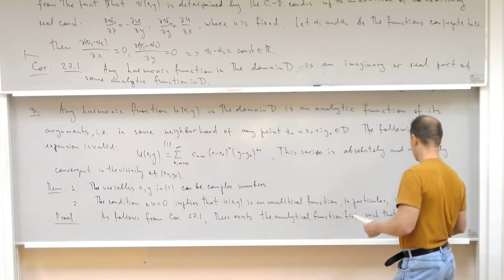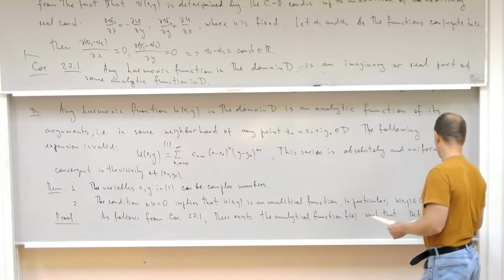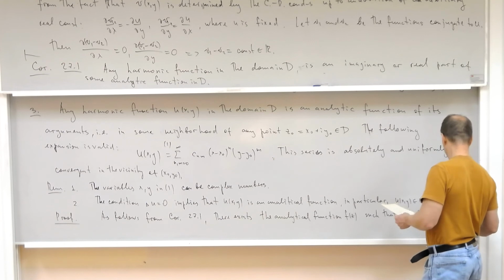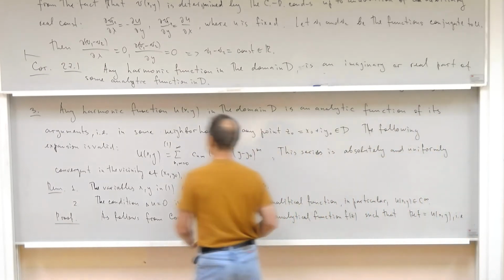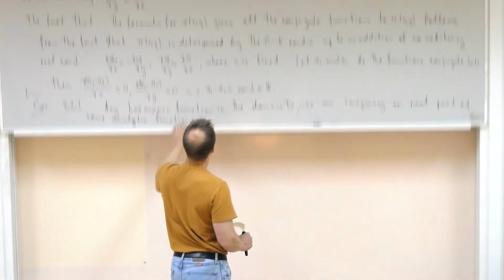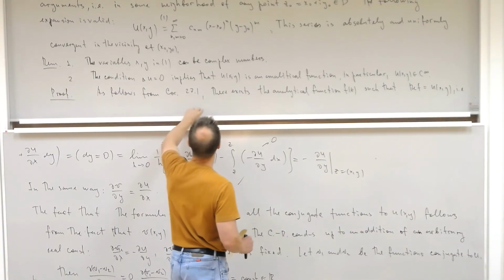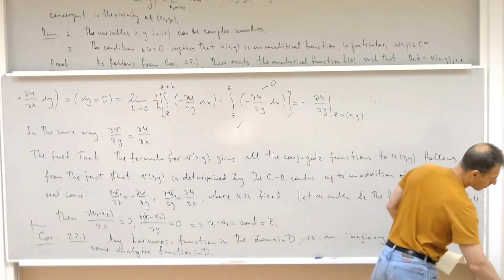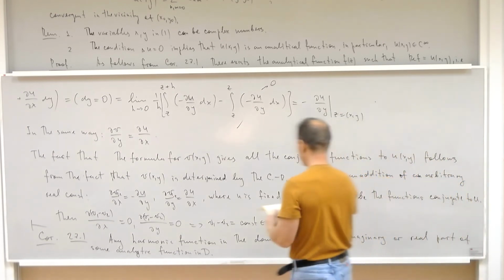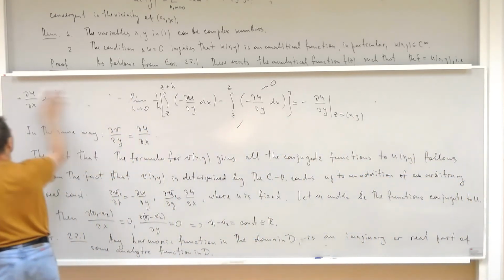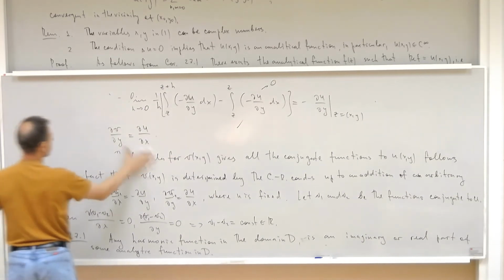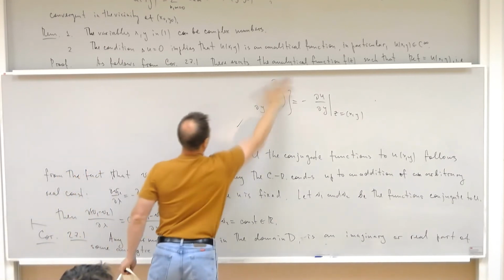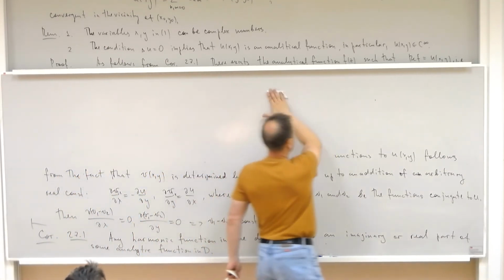There is an analytic function f of z such that the real part of the function f is equal to u. And so the function f of z can be written